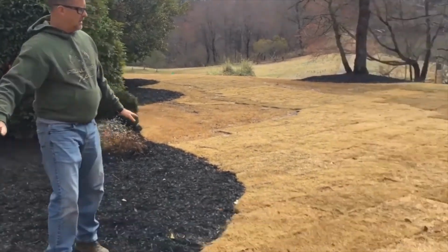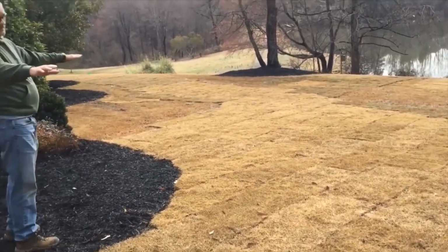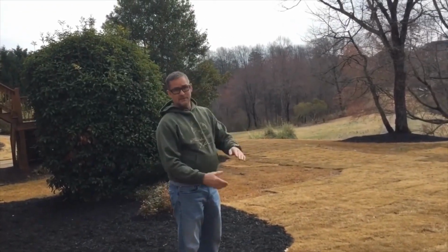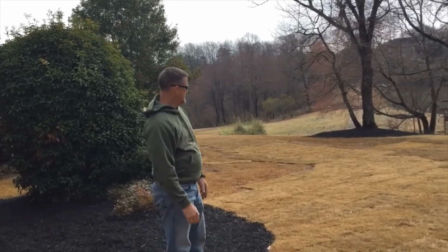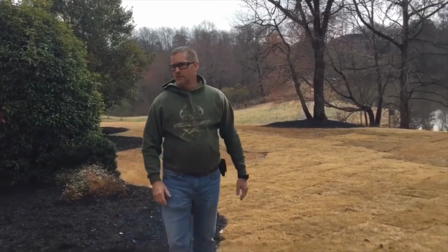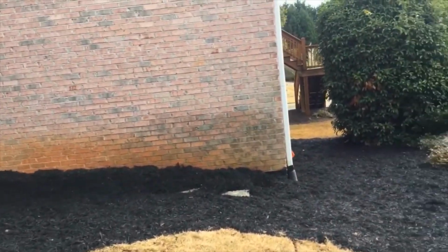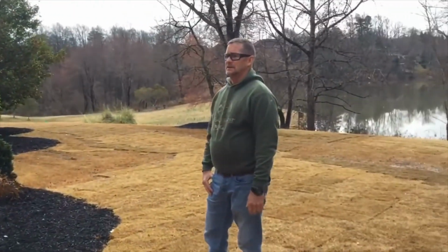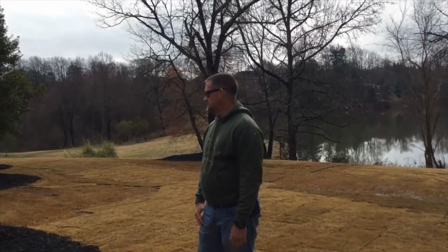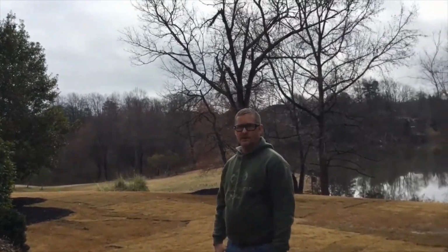And then we brought in sand and topsoil and dressed this up, because our machine will leave ruts that deep when it's really heavy rain season. We smoothed all this out and we put new sod down for him and new mulch, so that he can go ahead and get a realtor as soon as he gets that room fixed and get the house sold. So it was just a really complicated job, and then we ended up doing some more stuff around front, and we'll